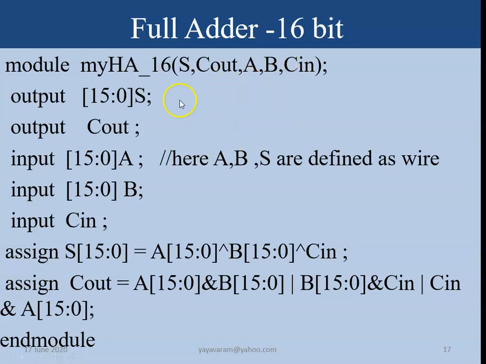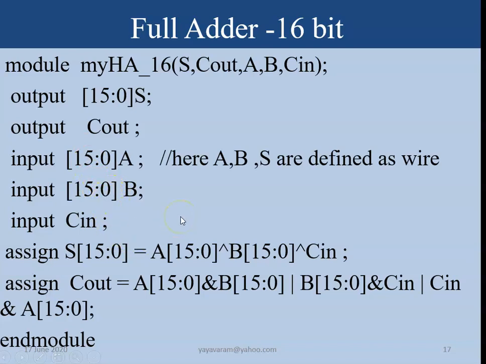Similarly, here I have taken another example, a 16-bit full adder. What are the two inputs here? A and B. As usual, c in is the carry, a single bit, but a and b are 16 bits. Similarly, sum will be 16 bits, and c out will be a single bit. So how do we define it? Module, name of the module, ports: output 15 down to 0, that means sum is a 16-bit value, and carry out is a single bit, either 0 or 1. Input a is 16 bits, b is also 16 bits.